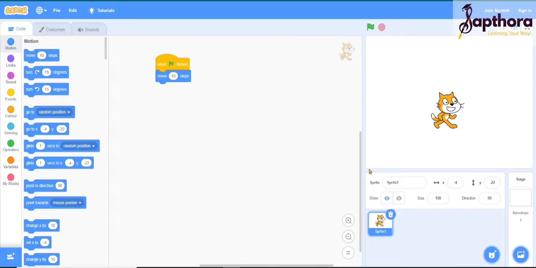Below the output area I have the properties for this particular sprite. So what is a sprite? A sprite is nothing but a character here. You have a cat character, and that character is called a sprite in Scratch. If you want to add a different character, then you can click on the choose sprite option over here. Click over here,